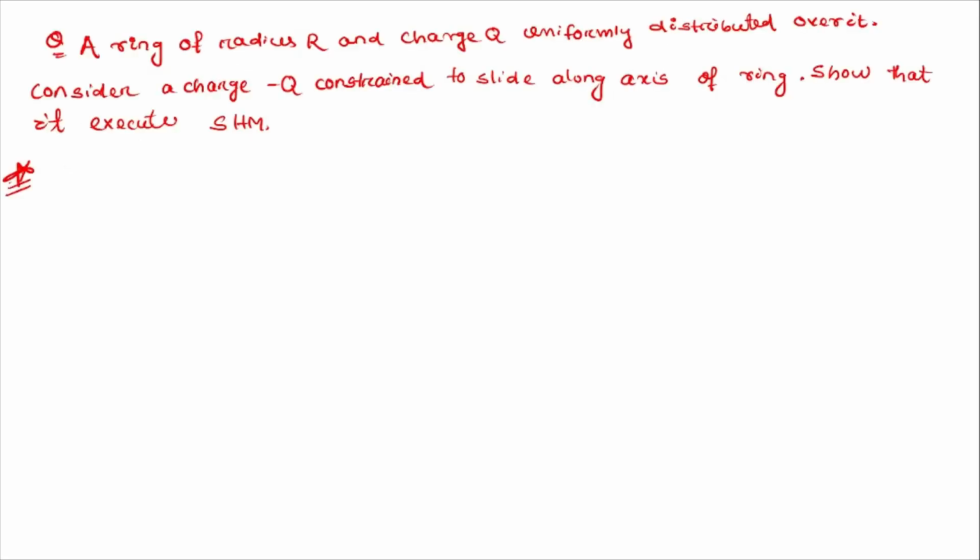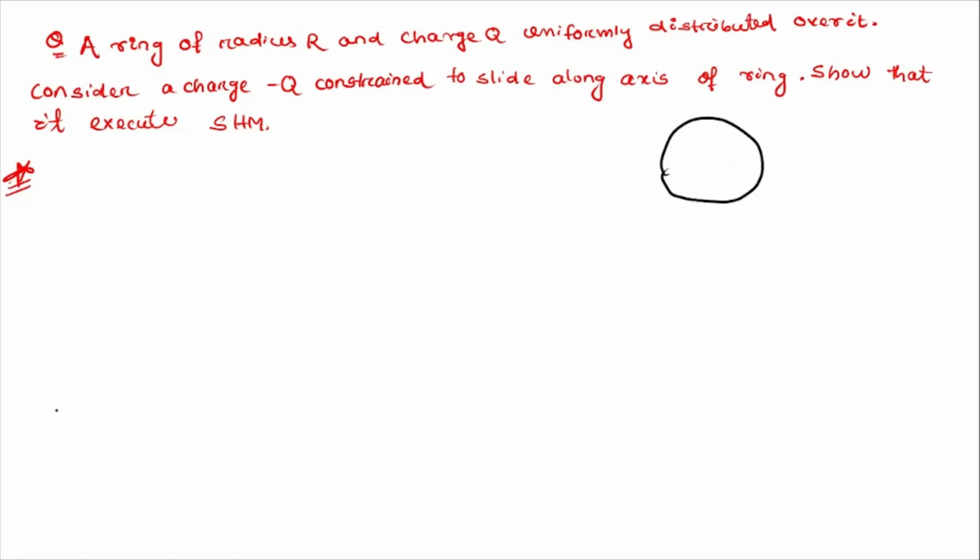Next, I have a question: a ring of radius r and charge q uniformly distributed over it. Consider a charge minus q constrained to slide along the axis of the ring so that it executes SHM. So we have a ring of charge q, which is distributed over its